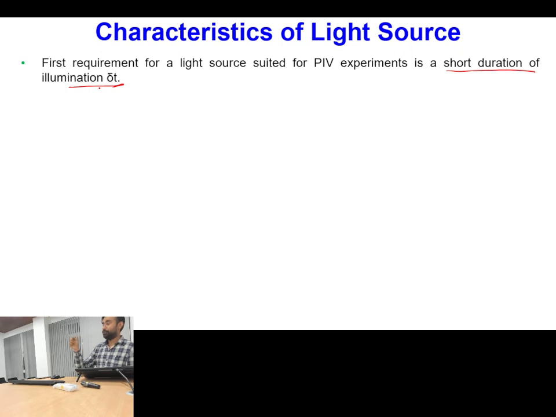And typically when we say light pulse, why is it needed? Many times whenever we do PIV measurements, we are not interested in PIV measurement in a single plane. We are interested in PIV measurement in a subsequent number of planes along the depth of the pipe. So when you have to do that, your laser light source will be illuminating the first plane, after some time the second plane, after some time the